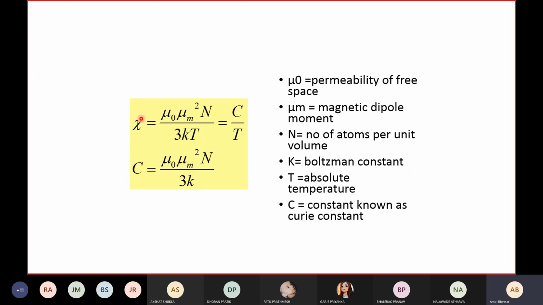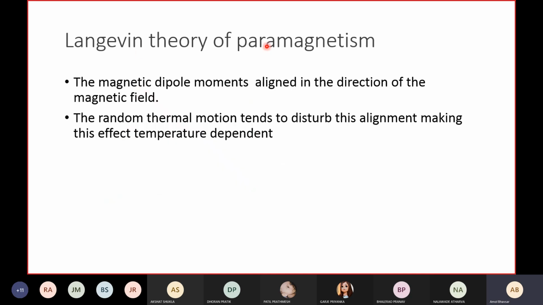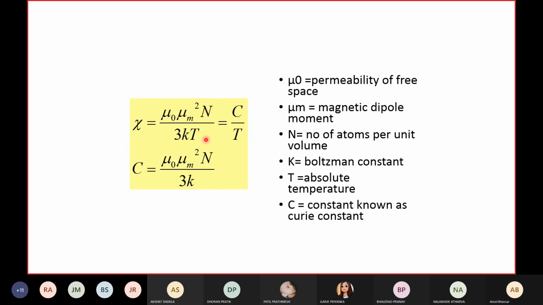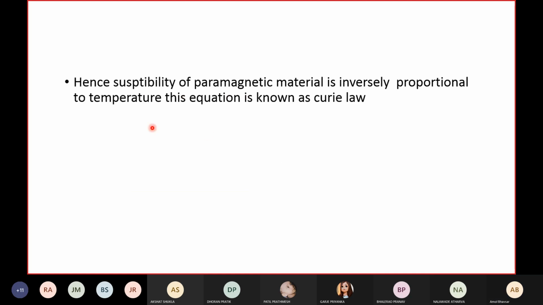Or you will be asked, according to Langevin theory, what is the equation of paramagnetism? This is the equation for that. Hence, the susceptibility of paramagnetic material